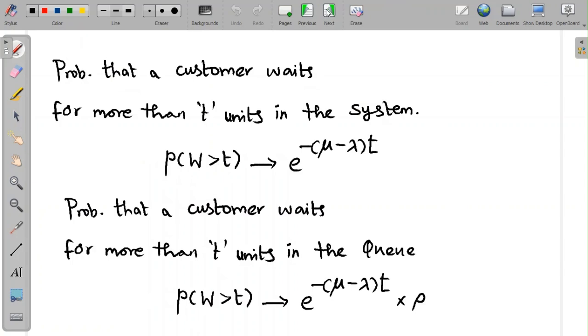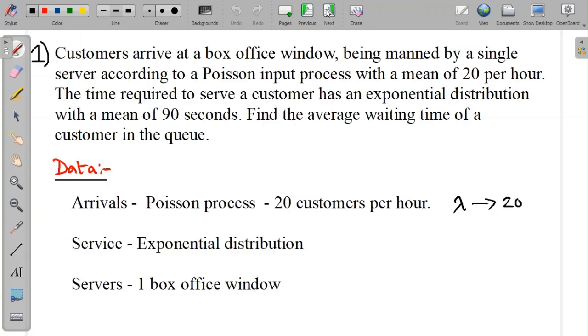the probability that a customer waits for more than t units in the system is directly defined by the function e to the power of minus of mu minus lambda t, and the probability that a customer waits for more than t units in the queue is defined by e to the power of minus of mu minus lambda t multiplied by the traffic intensity rho. Now, we'll get back to the problem that we started at the beginning of the video lesson,